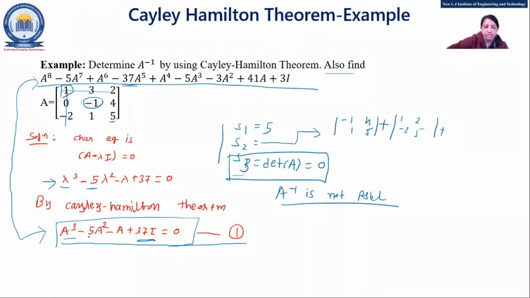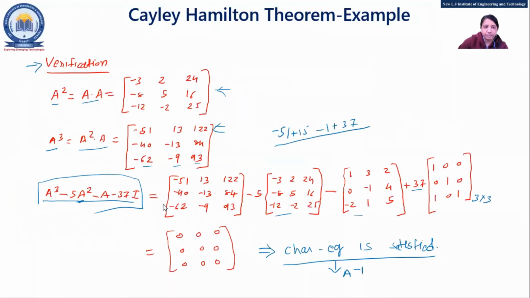Fine. Okay. Any doubt on this? How to solve this equation, how to find out A inverse and how to verify the characteristic equation using the Cayley-Hamilton theorem. Okay. Any doubt on this? Anyone? Just write into the chat box if you have a doubt. Okay, fine. So now we'll see this one last step, right? A raised to 8.